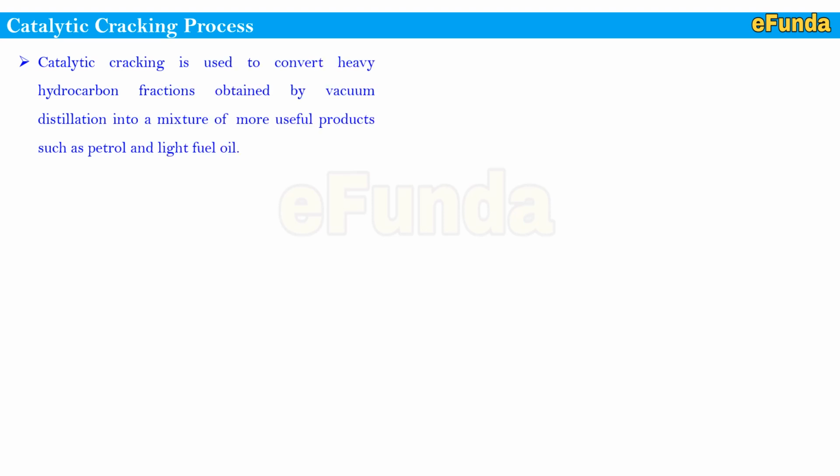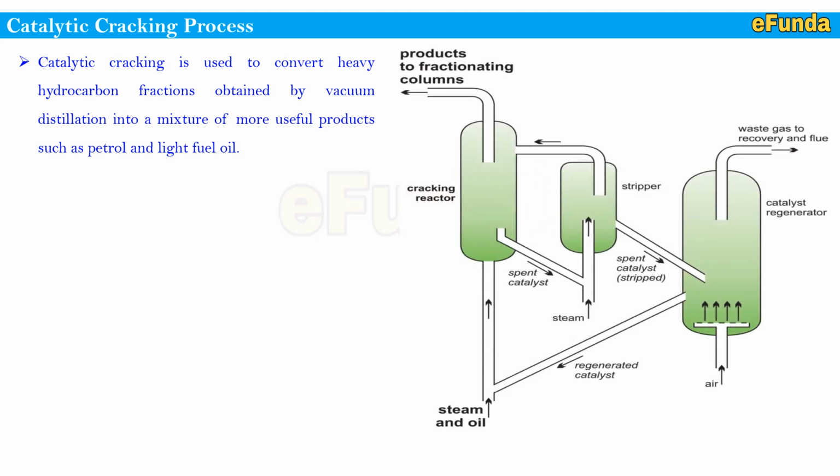Catalytic cracking process. Catalytic cracking is used to convert heavy hydrocarbon fractions obtained by vacuum distillation into a mixture of more useful products such as petrol and light fuel oil. One can refer to the picture where one can see the equipment, that is a cracker reactor, then the stripper and a catalytic regenerator are kept there, where one can see how the steam and oil enter from